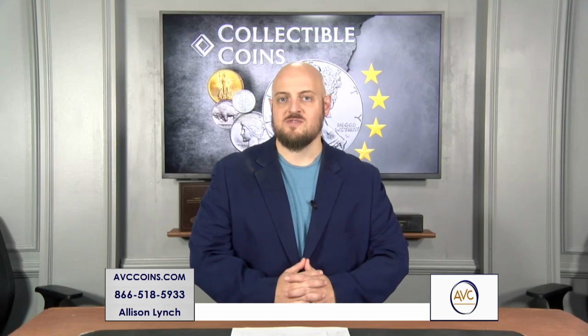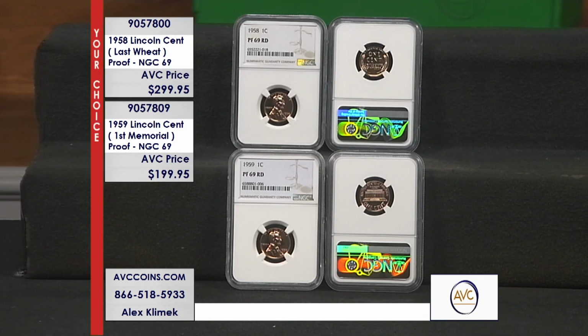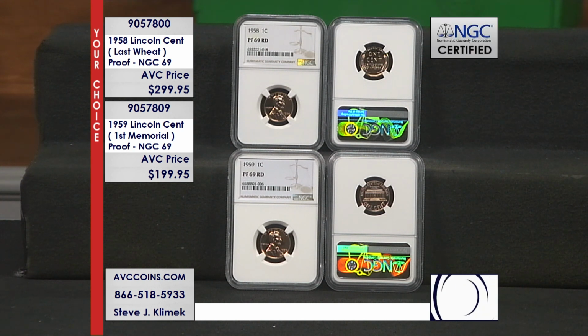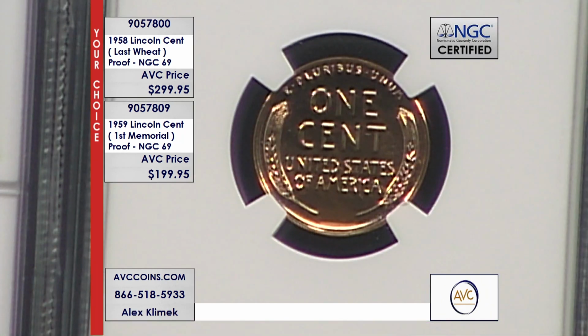Tonight we have two coins from 1958 and 1959. The iconic design change for the Lincoln cent. And both of our coins are in the highest grade known in collecting today. I'm talking about the 1958, the final wheat cent in the history of the United States Mint, and the 1959 memorial cent, the first of its kind in U.S. Mint history. Both of these coins are in NGC certified, near perfect, proof 69 red condition, the highest grade known